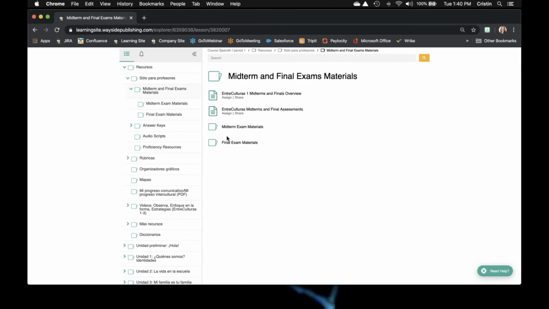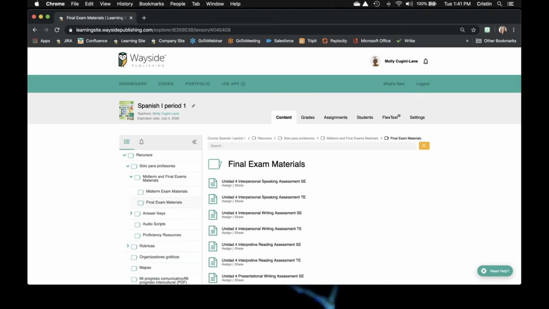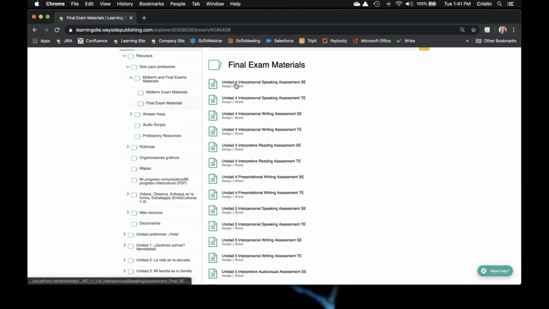These tasks are performance-based tasks in the different modes of communication. The midterm materials cover units 1 through 3, and the final exam materials cover units 4, 5, and 6. So let's just go into the final exam materials. And you're going to see that for each unit, there is the mode of communication and the type of task. So here for unit 4, we have an interpersonal speaking task, an interpersonal writing task, an interpretive reading, a presentational writing. So we have 1, 2, 3, 4 different tasks to choose from that go along with the theme of